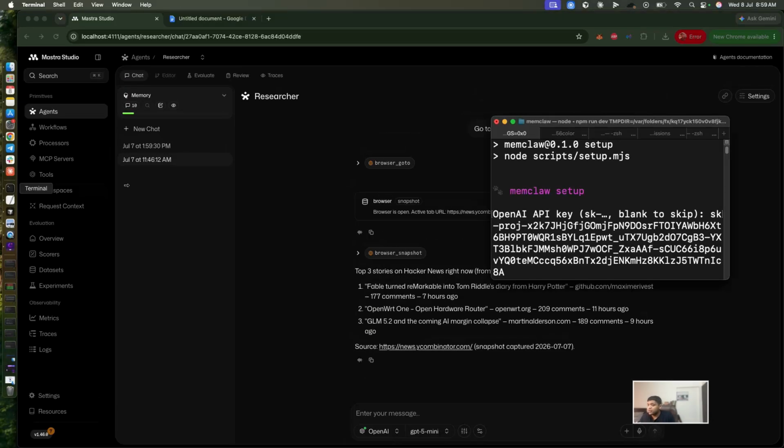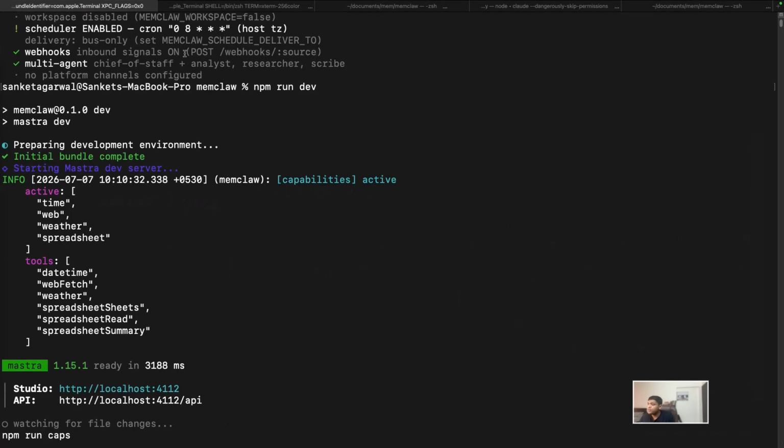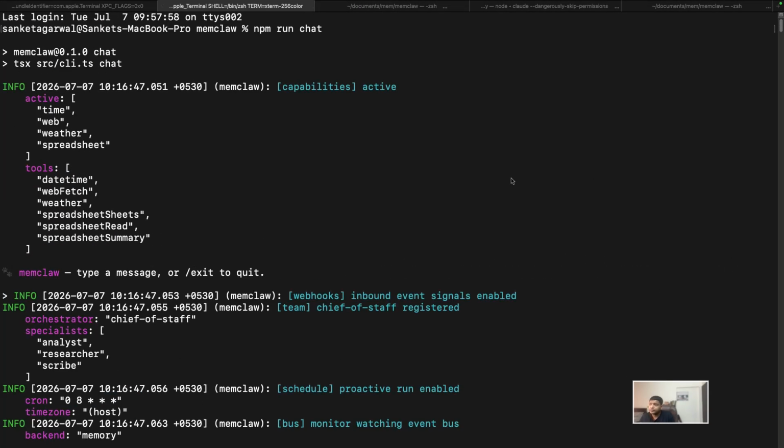Now we want to put this under a team of agents. So we're going to run back to the terminal and we're going to open a new terminal window. And we're going to simply run npm run chat. And this is going to start the team of agents. This is going to start the orchestrator. And the next thing we have to do is to simply prompt the manager. It's going to go back to the bus. The bus is going to give the message forward to the chief of staff agent, which is then going to